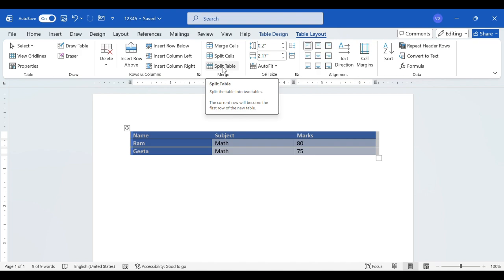So now I'll end this video today. So today we learned what a table is, how to insert a table, thirdly, how to enter data and apply basic formatting. In the next video, we will learn the table tools, that is how to merge cells, split cells, and align